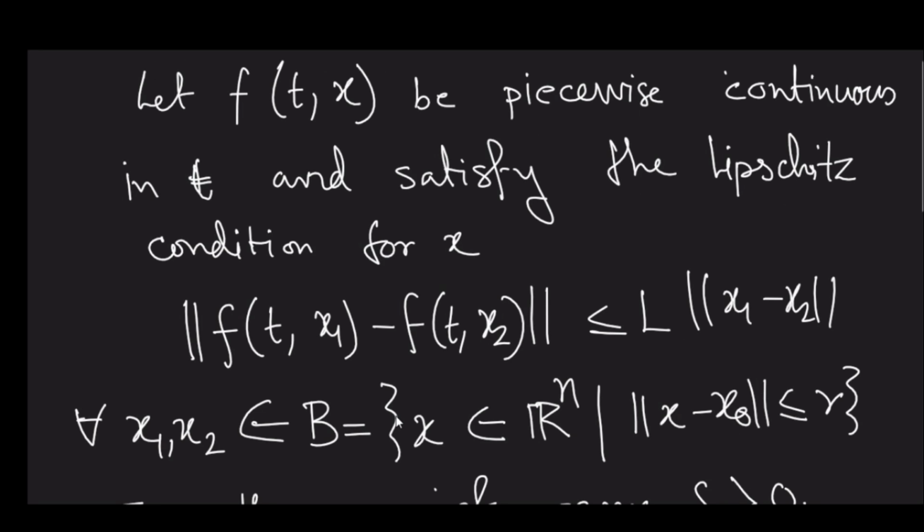If it is piecewise continuous in t, and we claim that it is also continuous in x, then the Lipschitz condition is a much stronger condition in terms of continuity. This remains valid within the region of a ball that is defined by